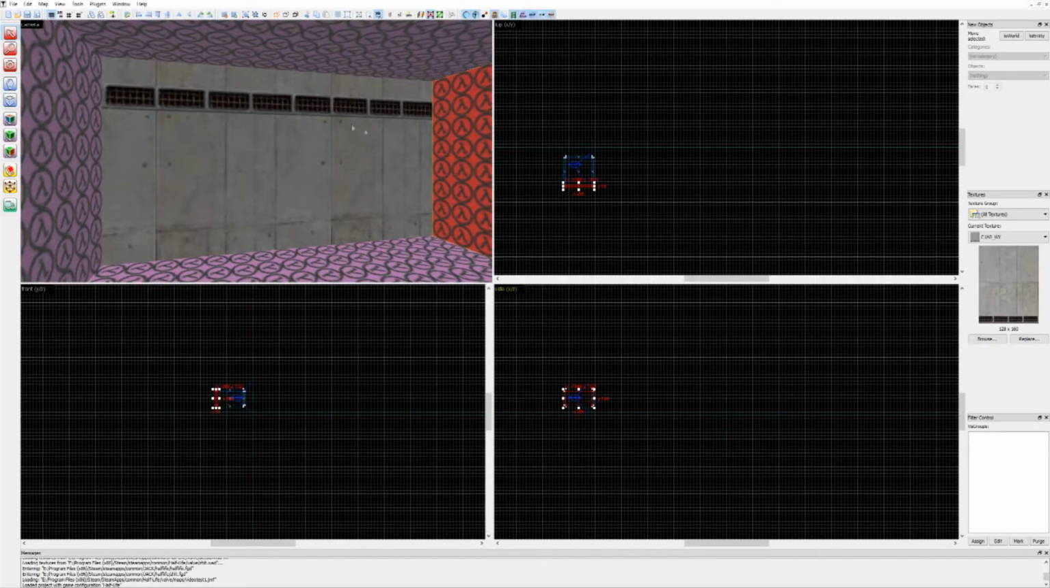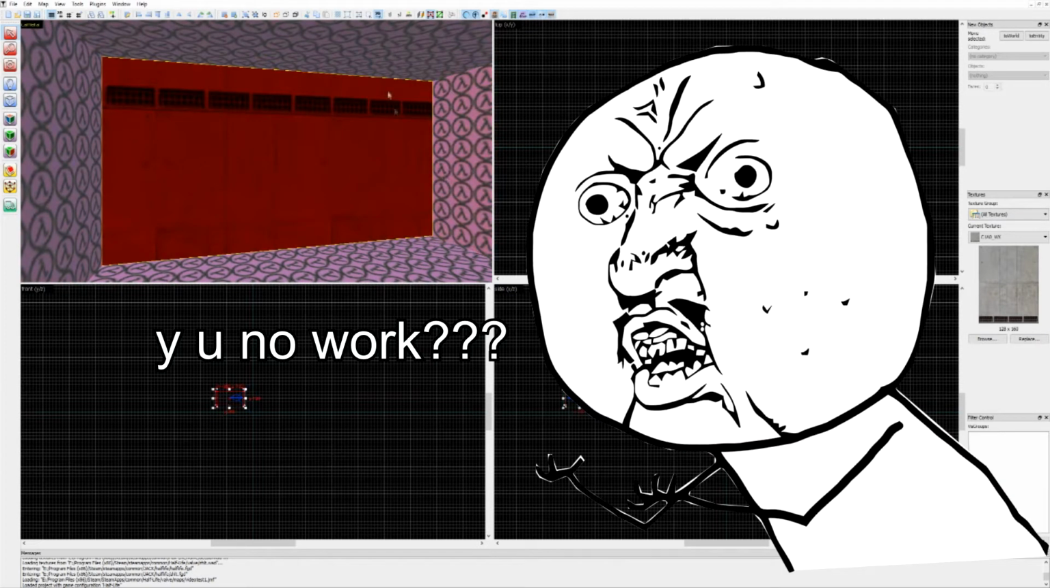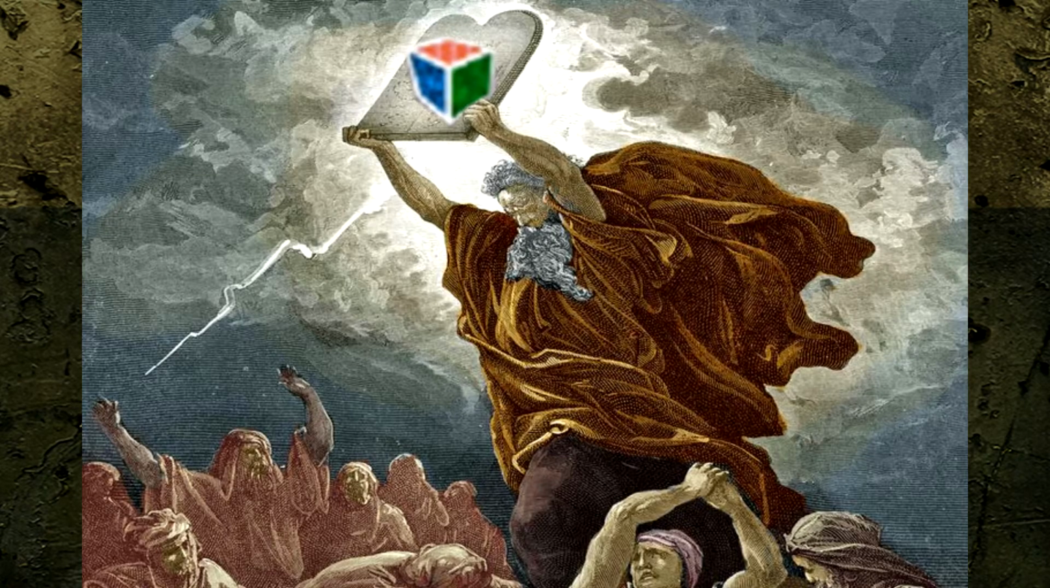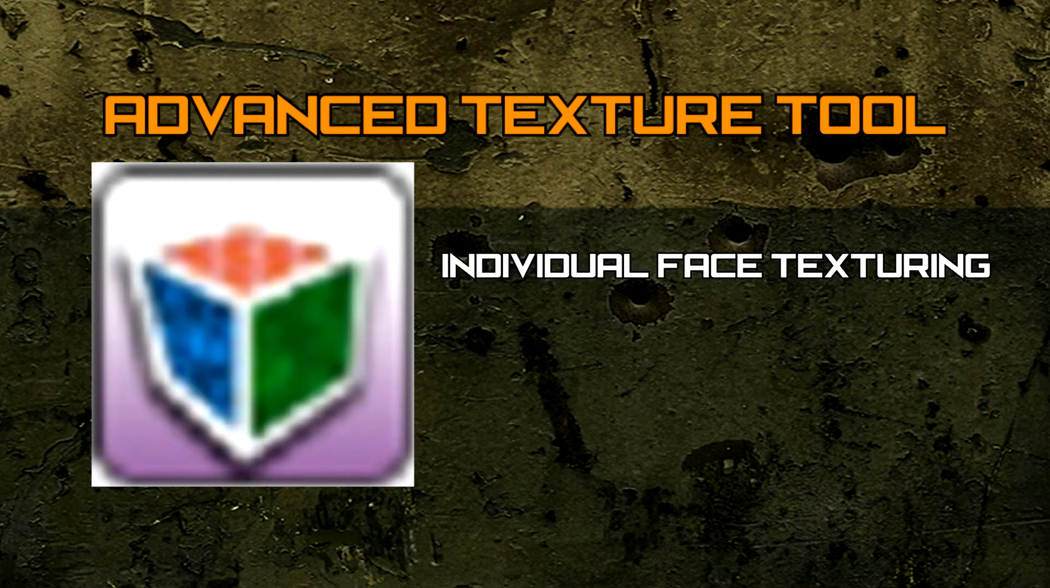However, notice our newly applied texture is not centered on the wall, and we also can't fix it or do any adjustments to the texture. Don't fret, the next tool will give us much more options. The Advanced Texture tool. This tool not only gives us control over what faces of the block we want textured,